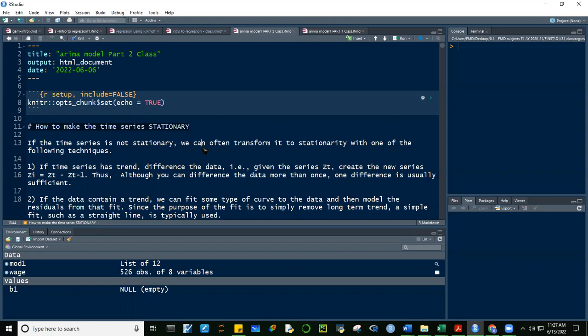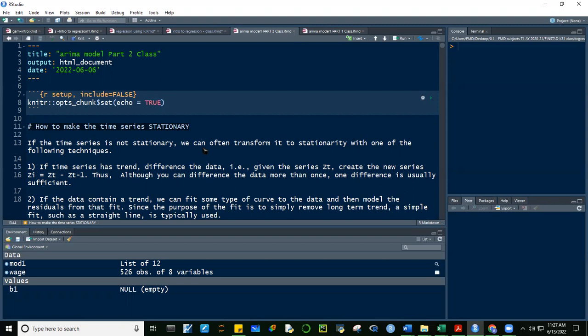So we said that we cannot model a time series if it's not stationary. We have to convert it into stationary data first. So how do we convert data to become stationary? It depends on where it is not stationary.